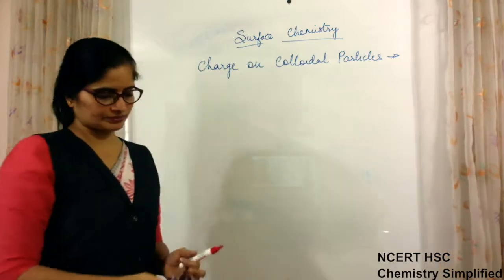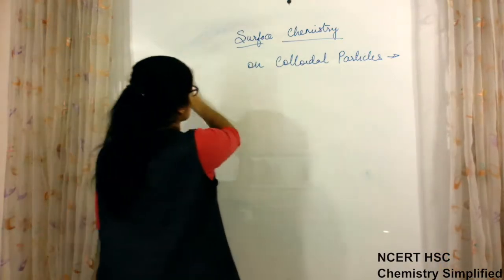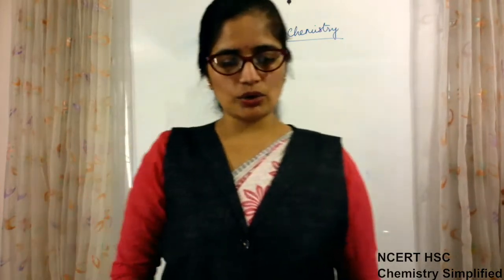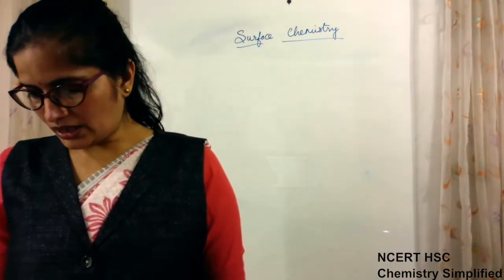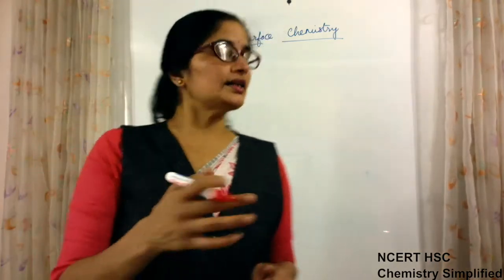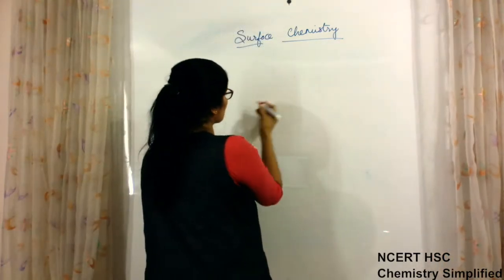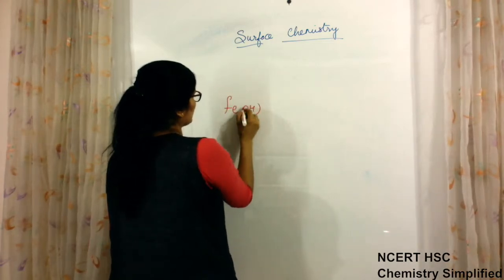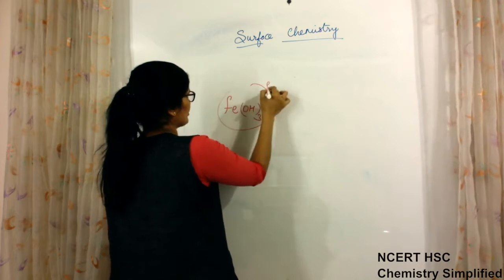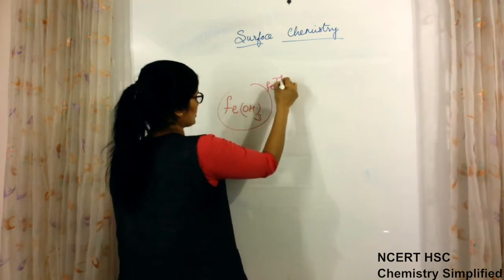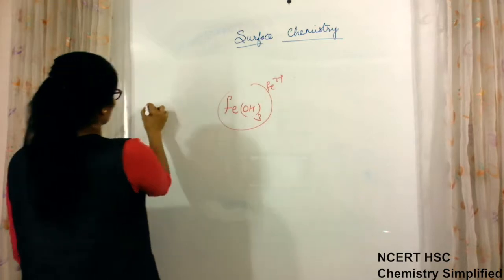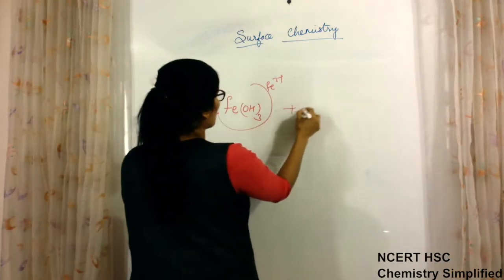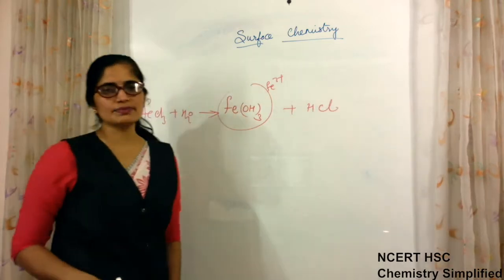Clear? So this was the last property which was left that day for colloidal size particles. Okay. Now, when there is a charge, for example, we just discussed ferric hydroxide, which was having Fe3 positive on its surface. By the reaction of FeCl3 plus water, which was giving this, HCl will also be formed as a byproduct.